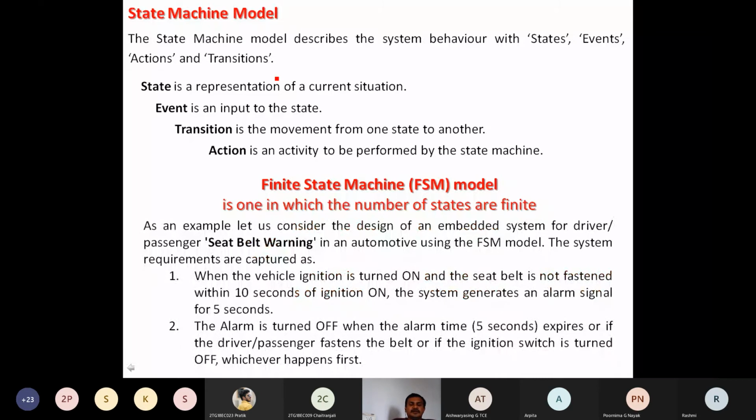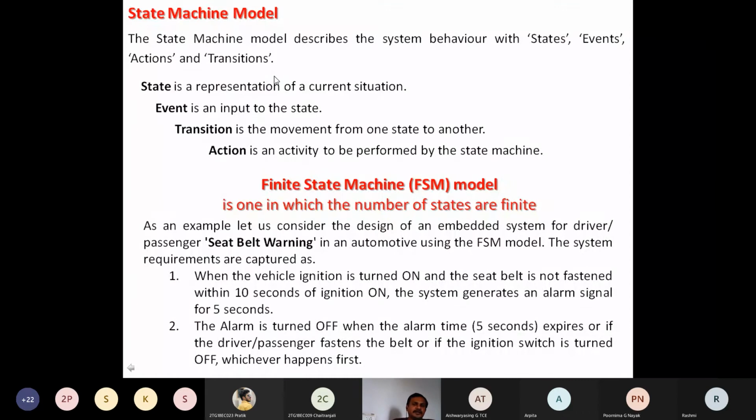So here is the introduction and an interesting example. As I told, I explained it with only a button. On the keypad, the button press process: I'm going to press and I'm going to release my finger from that button. So how many states are we going to observe with respect to that button? It is button press, button hold, and button release.